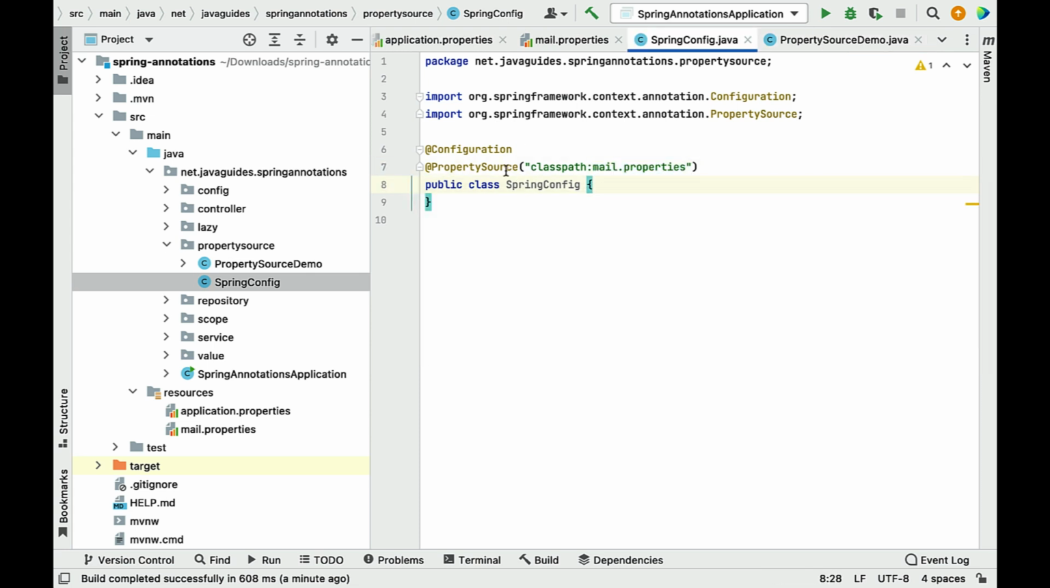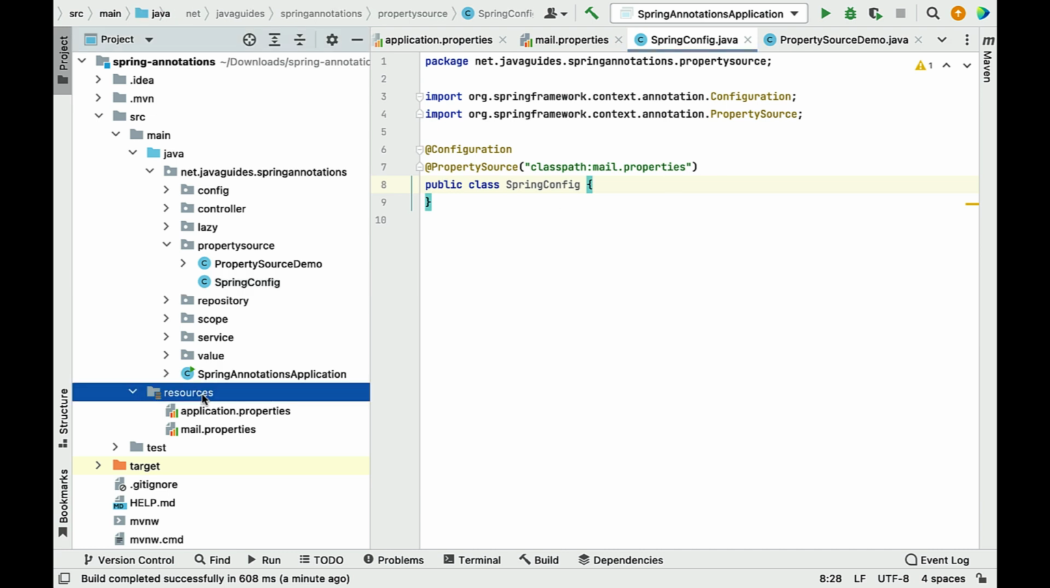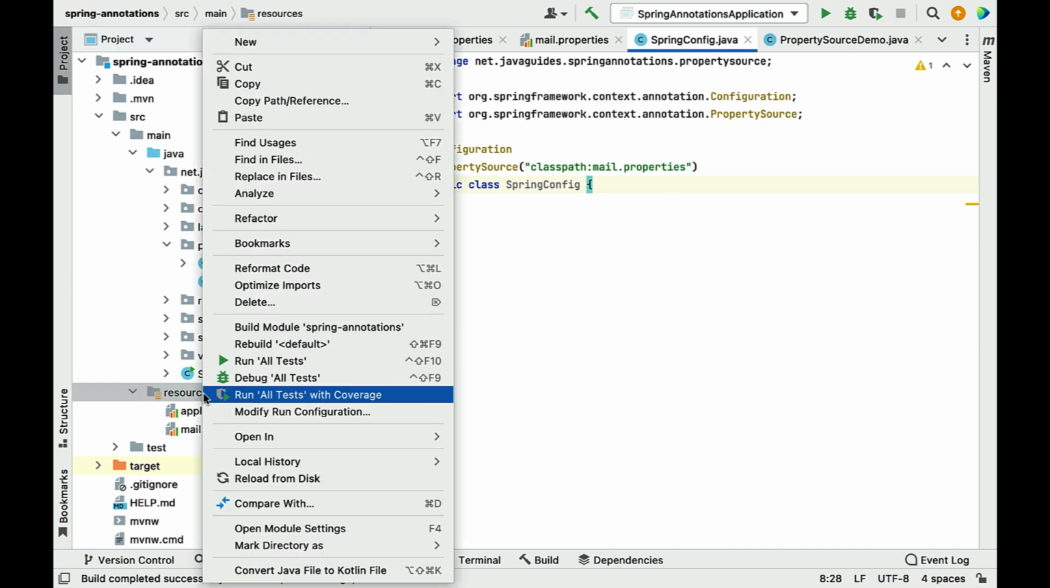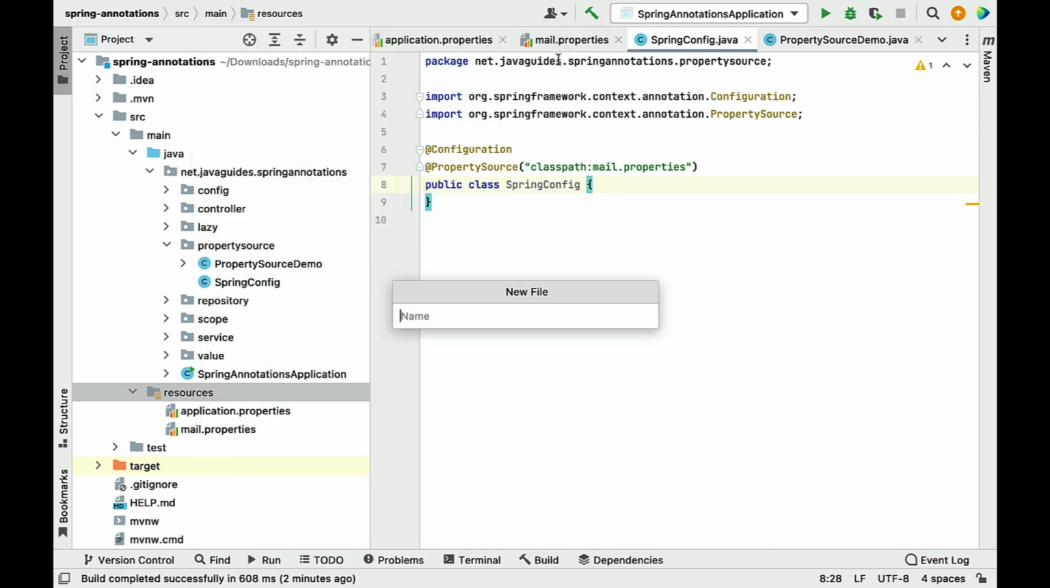Next, @PropertySource annotation is repeatable. It means we can have multiple @PropertySource annotations with a configuration class. For example, here let me create one more properties file. So go to resources folder. Within that, let's create one more custom properties file. Let's give name as